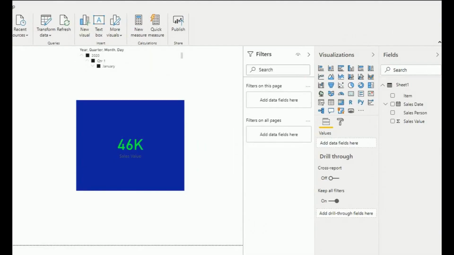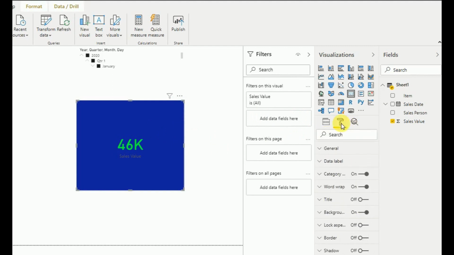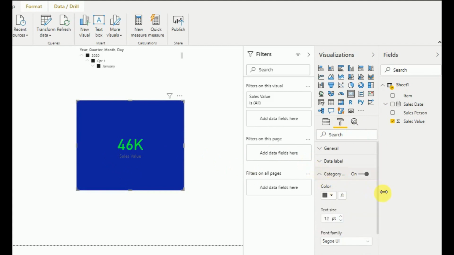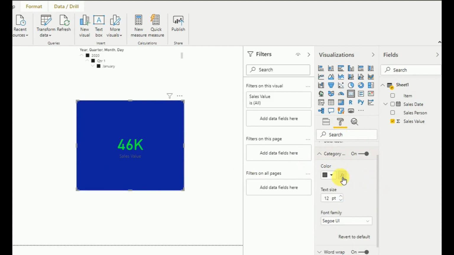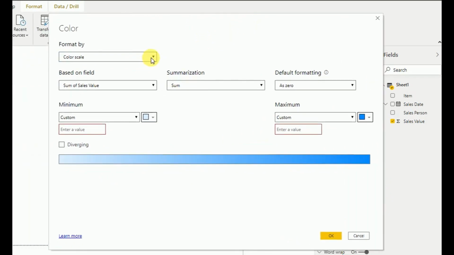In card visualization we have now changed the data color, background color, and we can also change the category color, that means sales value. Here also you can see this function is there. If you go here, the same conditional formatting window opens.